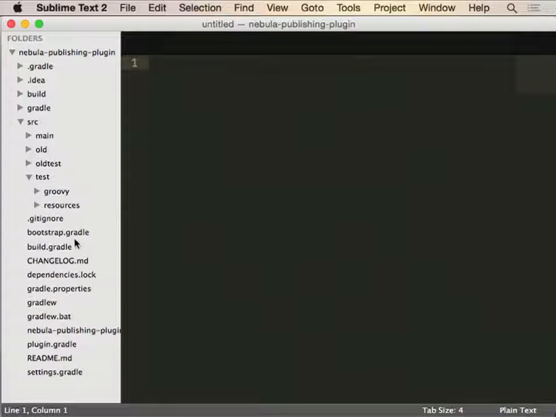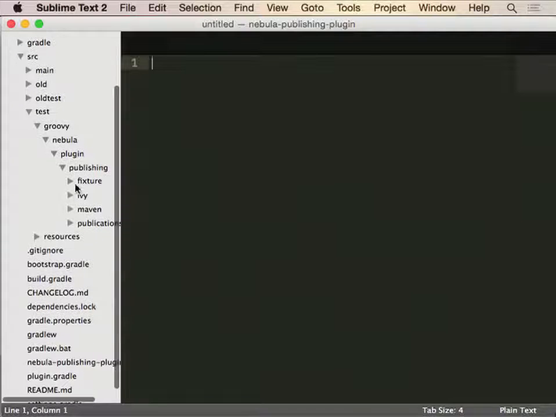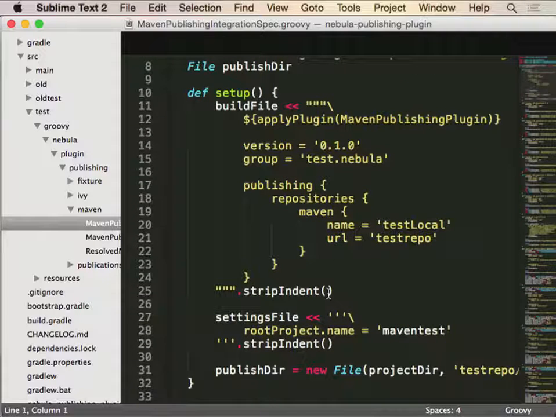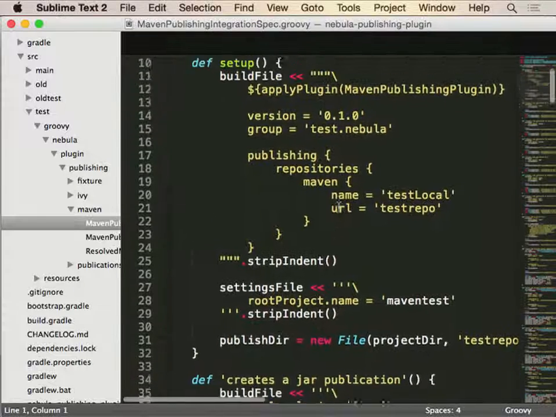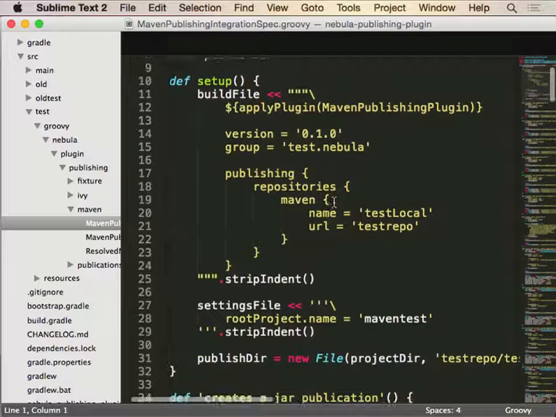So under my tests, the integration spec is going to set up a whole bunch of some more helper files. It's going to pre-populate a build file for you, which you can then go and, okay, so what would I expect somebody using my plugin to put into their build.gradle? So you can just write it out in a groovy string, a helper to look up what that string name is,